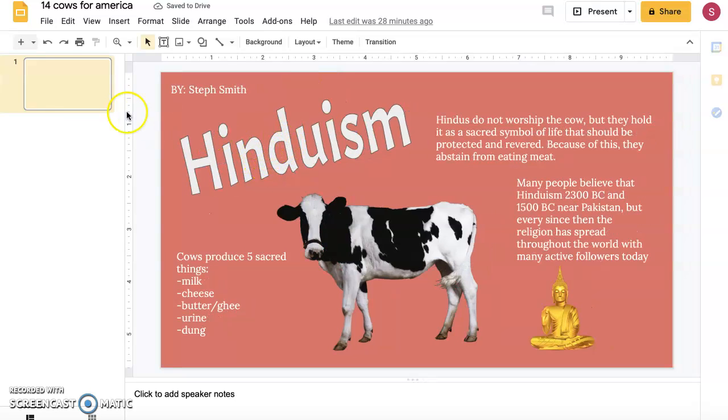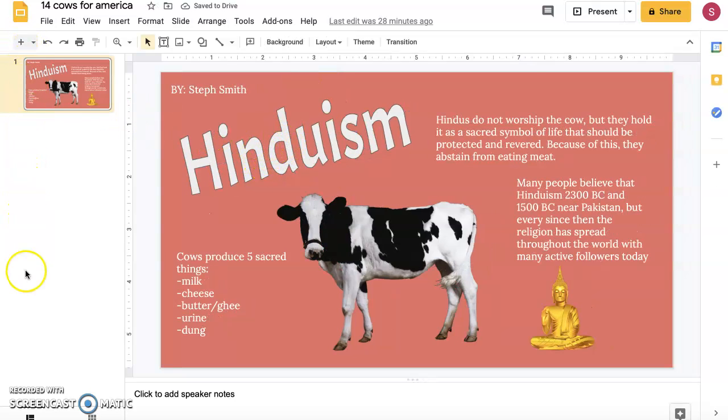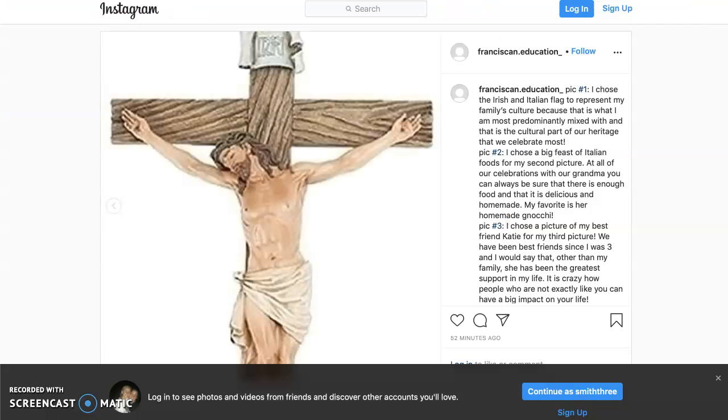So the idea here is that students would be able to add their slides on the side, including the different communities and cultures that they found that have a good relationship with cows or have a special type of relationship with cows. And then we would be able to put that on a slideshow and students could get up one by one and share their slides. I chose to make this artifact about Hinduism. And it just included all of the different information that I talked about in the assignment list with just some little visuals to make it creative.